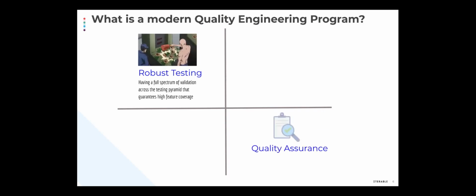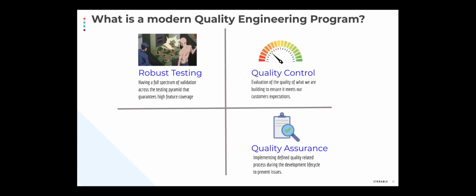On the flip side is what I call quality assurance. Quality assurance is our defined quality related processes that you're engaging in, and you use these processes during the development lifecycle. These could be your test strategy, test plan, validation checklist. But the difference is robust testing is kind of saying, hey, how do I make sure I didn't release any bugs? And quality assurance is more like, how do I make sure I didn't build in any bugs in the process? And we kind of tie these two together through this third principle, which I like to call quality control,